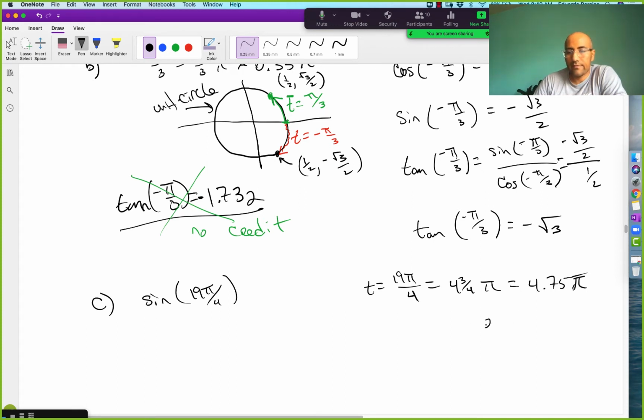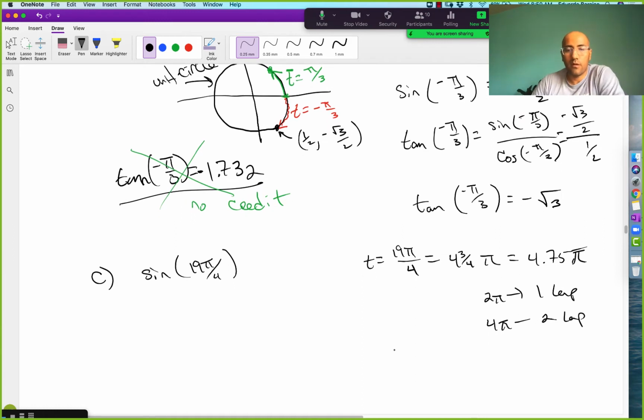And remembering that 2 pi equals 1 lap, therefore 4 pi must be equal to 2 complete laps around it. Then that means that 0.75 must be a coterminal reference value. So t equaling 19 pi over 4 is going to be equal to t equals 0.75 pi, or 3/4 pi,